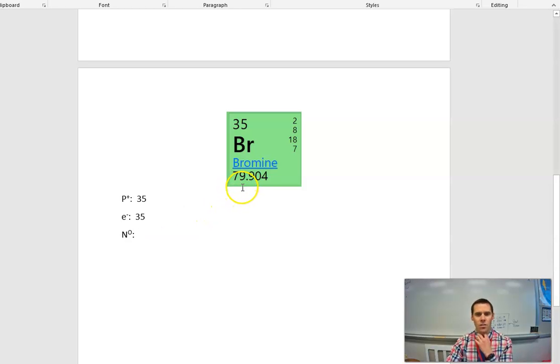And then finally, it looks like we have a total of 45 neutrons. I got this by rounding 79 to 80. 80 minus my atomic number of 35 is 45 neutrons, to get a total mass of 80. So 45 AMU for neutrons plus 35 AMU for protons should get me to that total mass of 80. We'll talk about why this is a decimal when we talk about isotopes in more detail in later classes